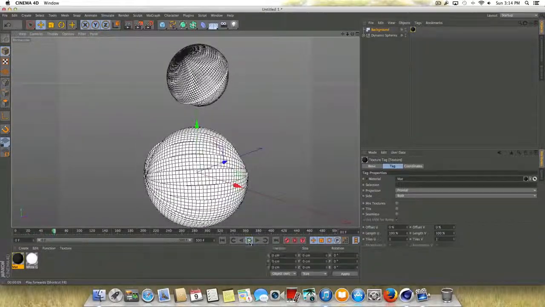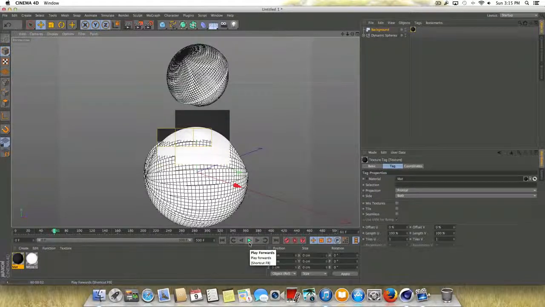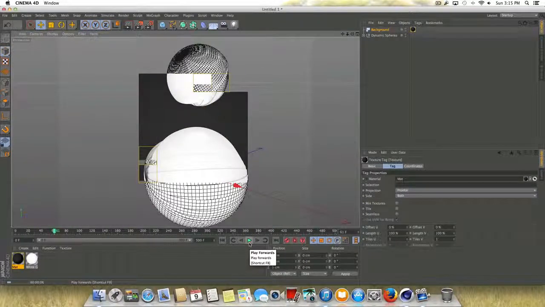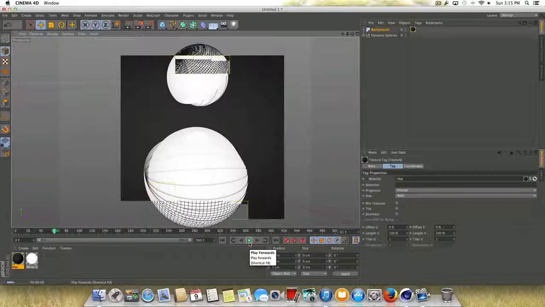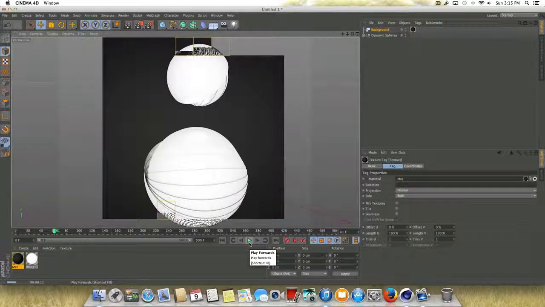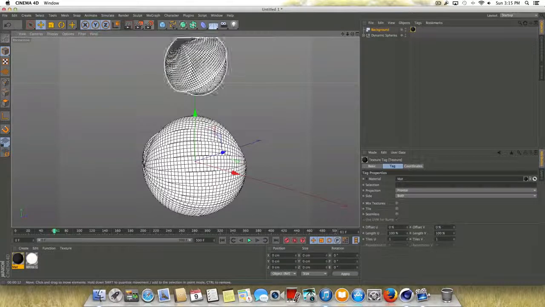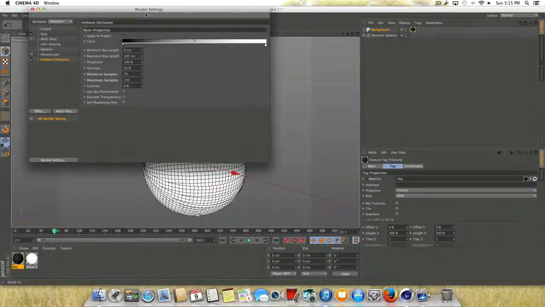So go ahead and play ahead a few frames, and we'll check this out and make sure everything's looking all right. And so for something like this, you may not even need lights. I mean, it depends on what you're going for and how well you want it to look. But really, as it is, with just ambient occlusion checked on and a background, this actually doesn't look too bad. You can take this render and put it in After Effects and really make it something special. So I don't think we really need to add any lights into something like this,